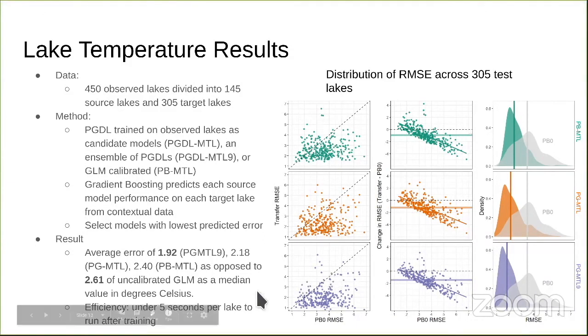And I also just briefly highlighted the efficiency of the PGDL approach. Even in the ensemble case where you're selecting 9 models, it can predict 40 years of data in a matter of seconds, which is often the case: PGDL or deep learning models often execute faster than process-based models. So that's another advantage of that.